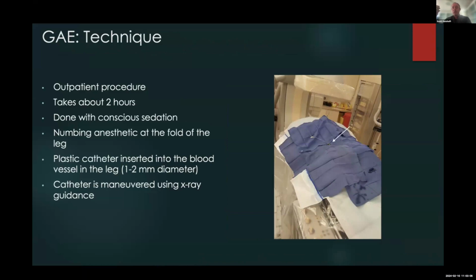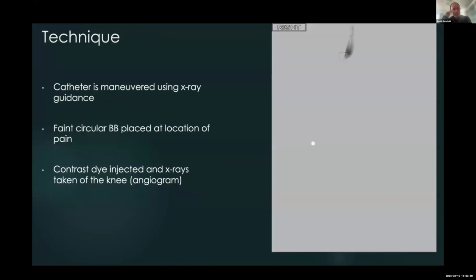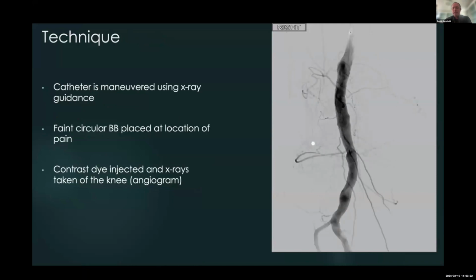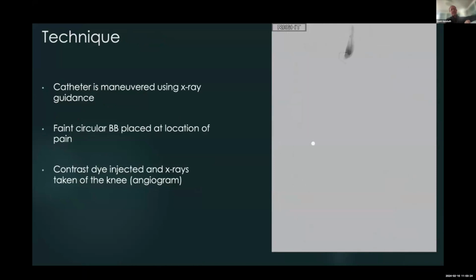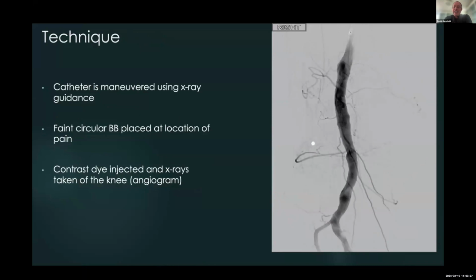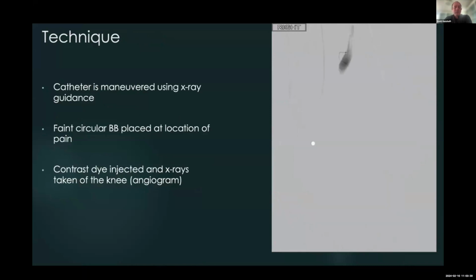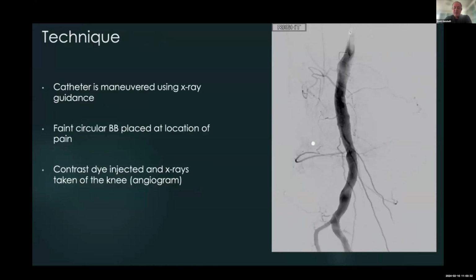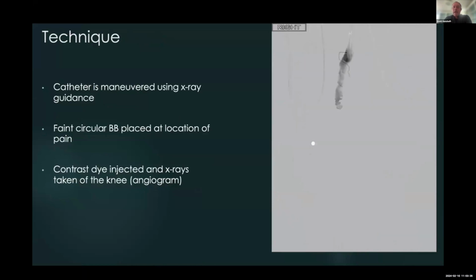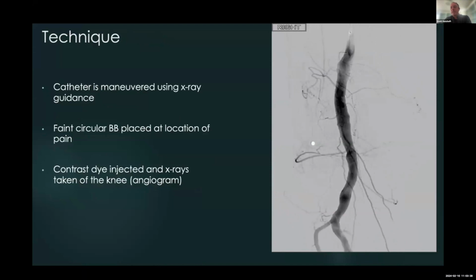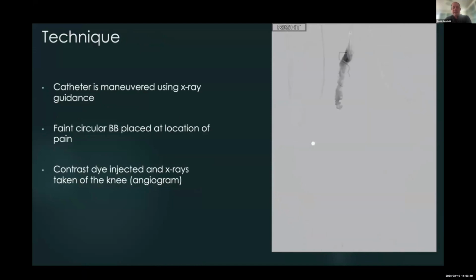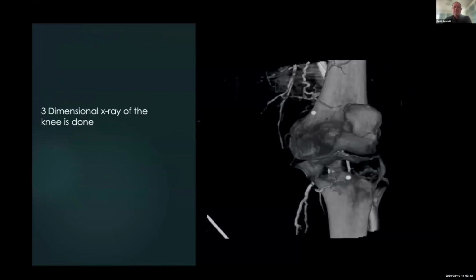We typically use a micropuncture sheath alone to get access, or a 4 French glide slender sheath to keep it really small. You do manual compression at the end of the case. Once we get access, we perform an angiogram, looking to make sure we don't have to send the patient to Dr. Vatican Sherry to work on their PAD. If they don't have any severe occlusions, which we've hopefully caught ahead of time in our clinical evaluation, we go ahead and evaluate the genicular arteries. You can see a number of the normal genicular arteries opacifying on this catheter angiogram.